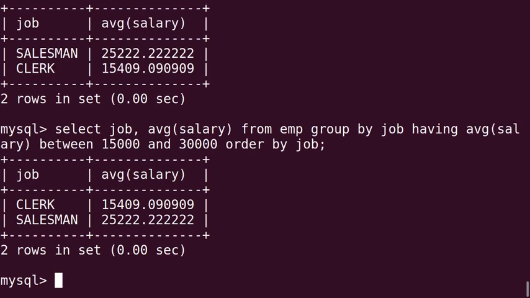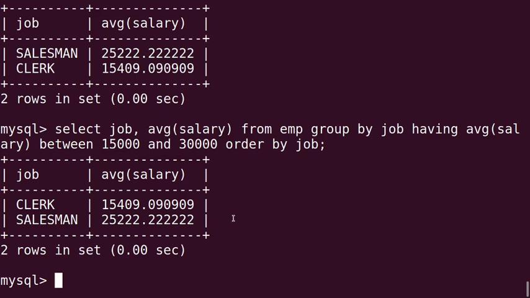Press enter, see the output. Here in the output, salesman and clerk: clerk's average salary 15,409.09, salesman average salary 25,222.22. Both values lie within the range of 15,000 to 30,000, right girls? Manager is not coming because manager's average salary crosses the limit.